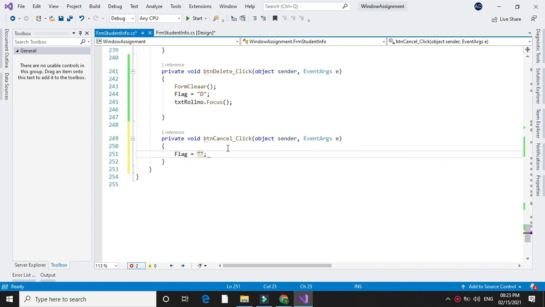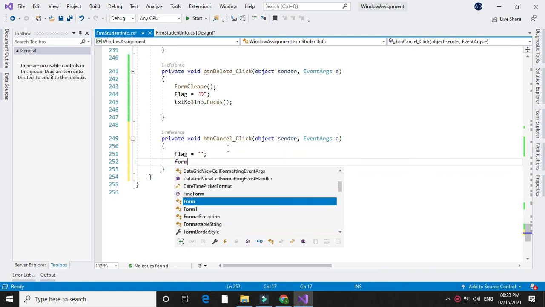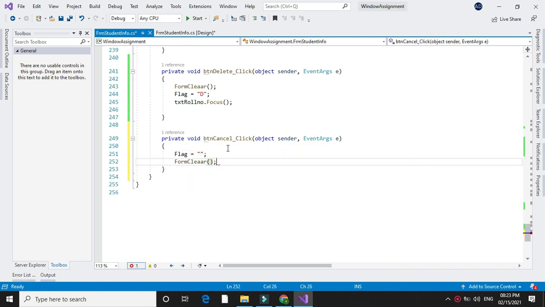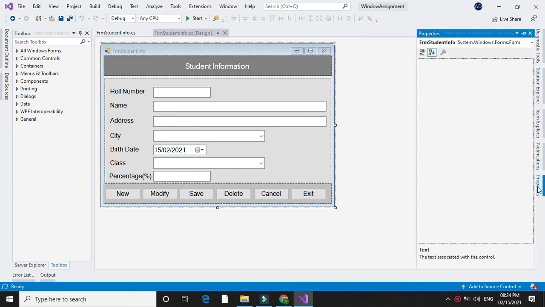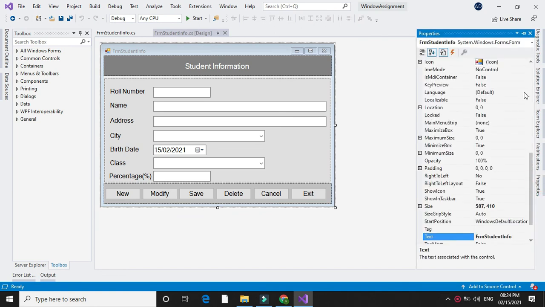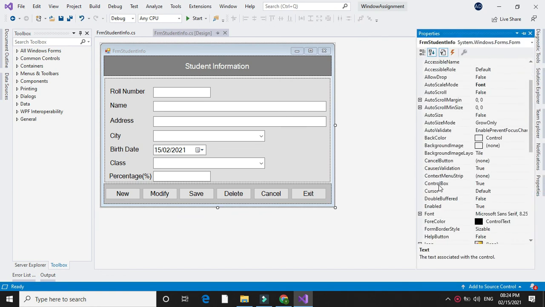We will call the form clear method and we will set the focus to btnNew. We will set the CancelButton property of the form to btnCancel. So in the property window, the CancelButton, I will set it to btnCancel.